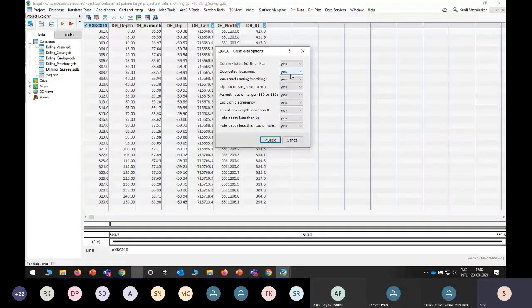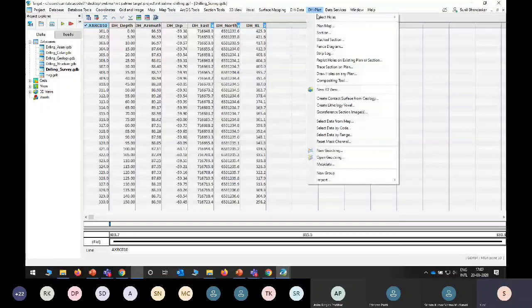If there are duplicate locations, or dip out of range, because dip must be below 90, and azimuth range should be below 360. Accordingly, it will check all the data or collar information, and if there is an error, it will be displayed as a report. Then we need to correct things in the raw Excel, and then again we have to import. Similarly, we can do QAQC